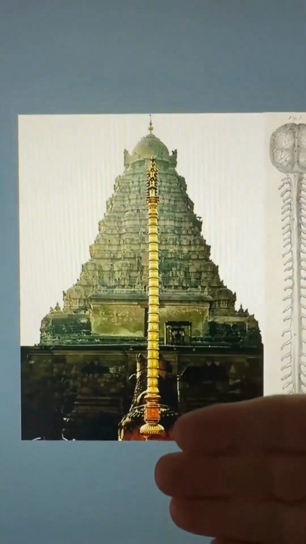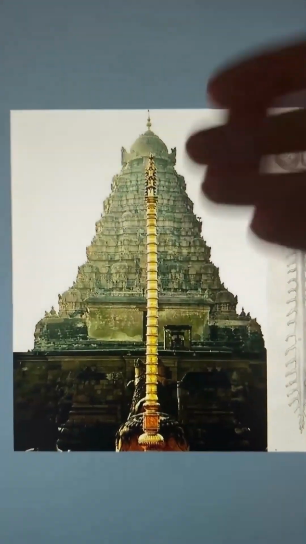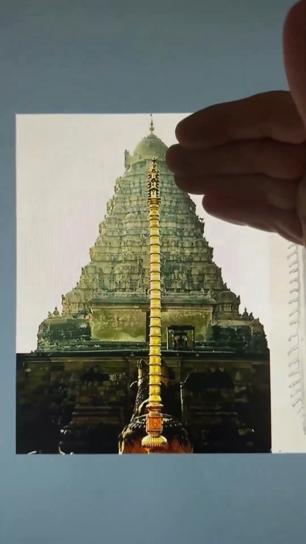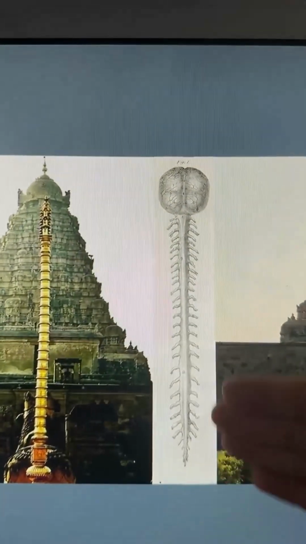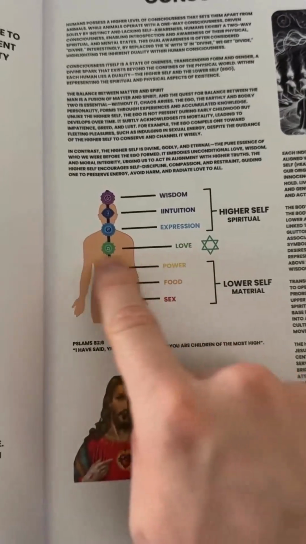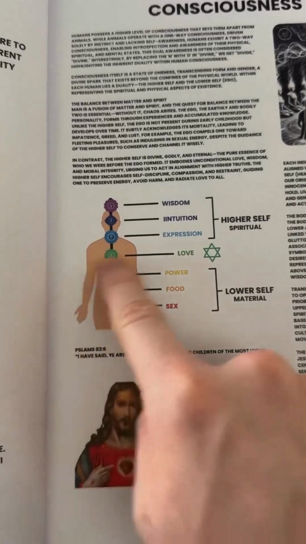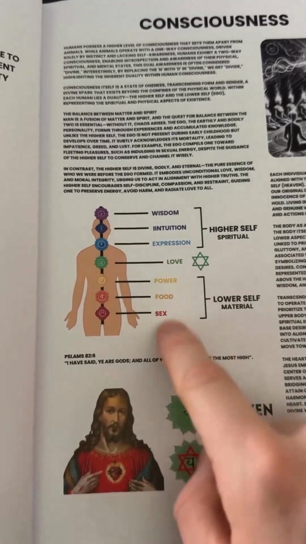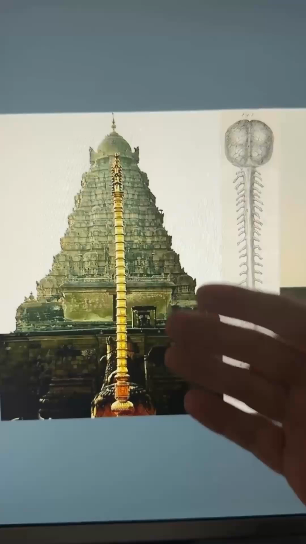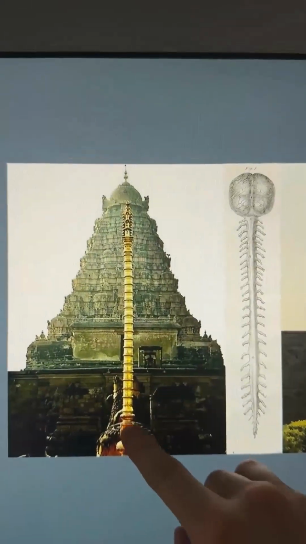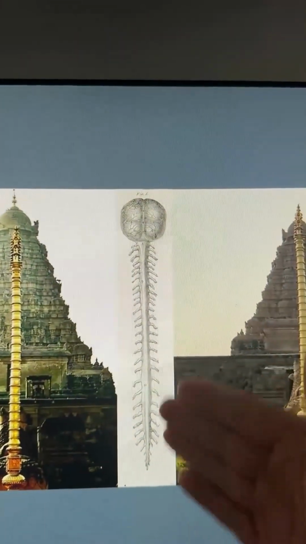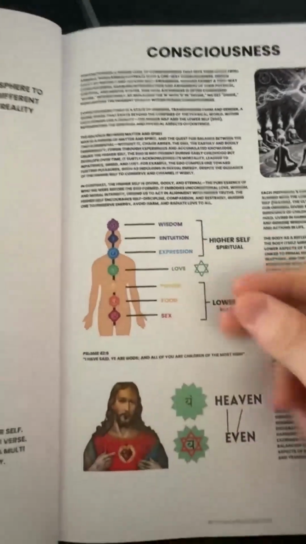In order to achieve your spiritual creative consciousness, you have to ascend your thought away from the lower end of the spinal column, because you can think with these lower organs, and most people only think about sex, food, and power in this world. The spiritual traditions taught you self-mastery so you could ascend your spinal column, ascend the stairway to heaven, and actually use your consciousness's full potential for creation.